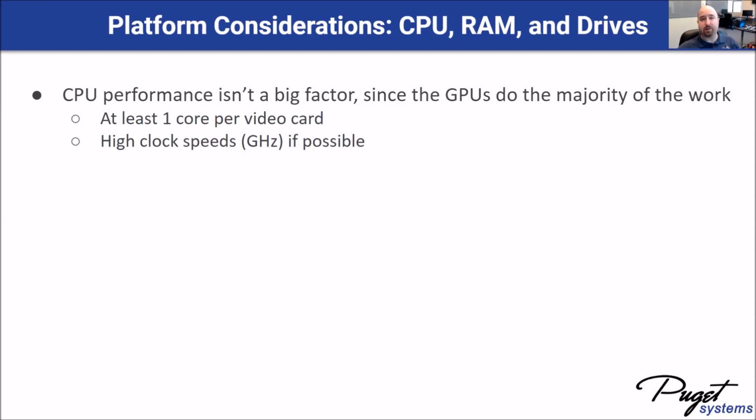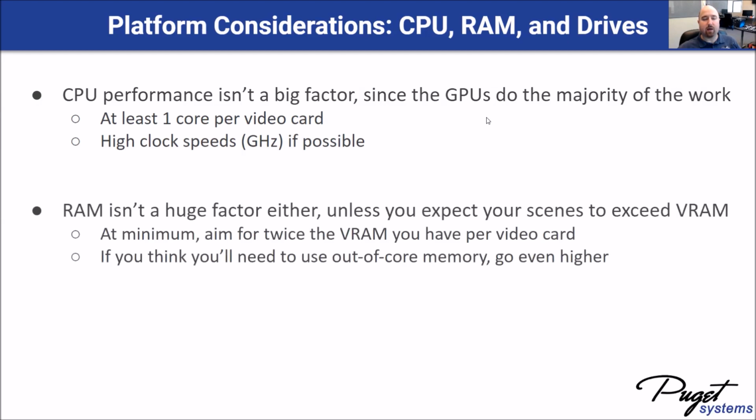So keep the clock speed on the CPU high. Not a ton of cores, but at least one per video card you're going to have in the system, maybe a couple extra. RAM is also not a huge factor. You don't need hundreds of gigabytes unless you're going to be doing something weird or very complex where your scenes far exceed VRAM. What we recommend, though, at minimum is aiming for twice the amount of VRAM you have per card. That usually ends up meaning somewhere in the 32 to 64 gig range is going to be plenty for most